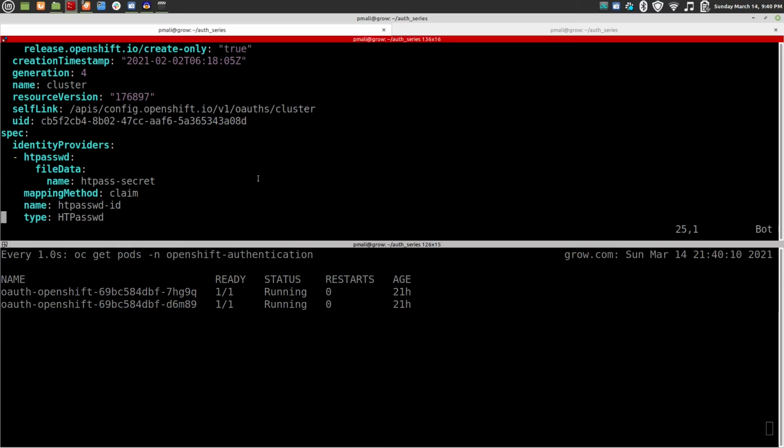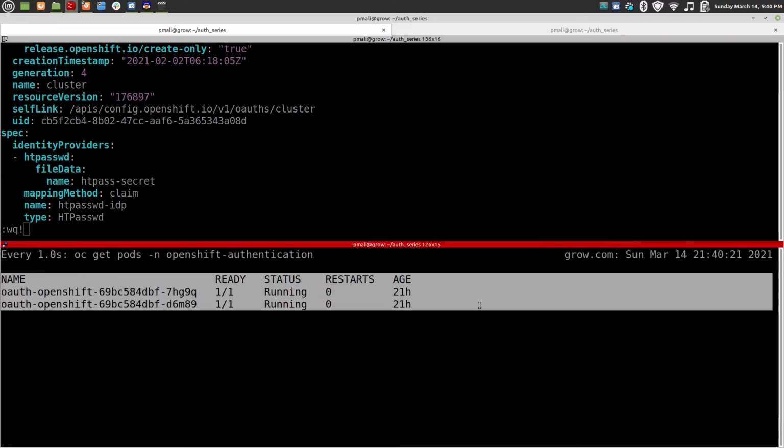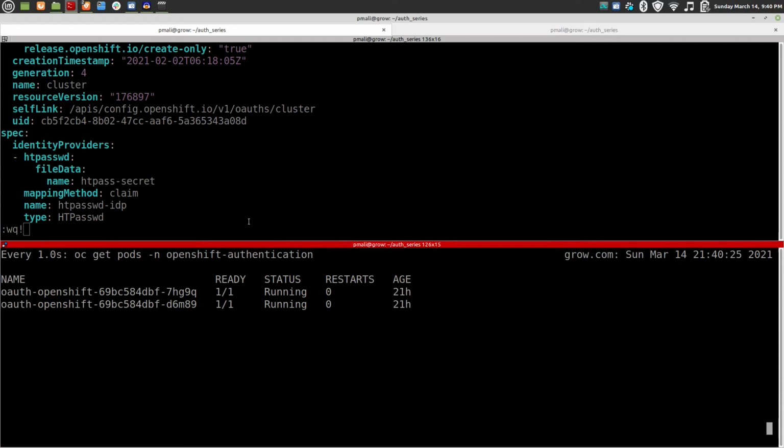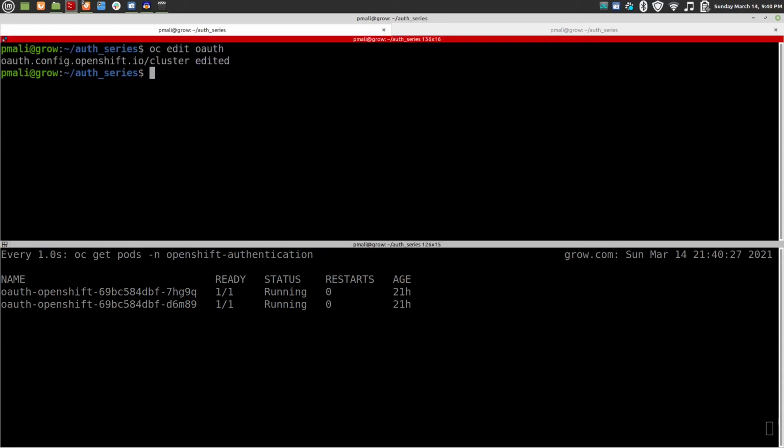Okay, let me now save the configuration. Just make sure to watch this window. You can see the pod status. Now I have saved the configuration for the OAuth cluster. Now you can see that the old pod statuses are changing.